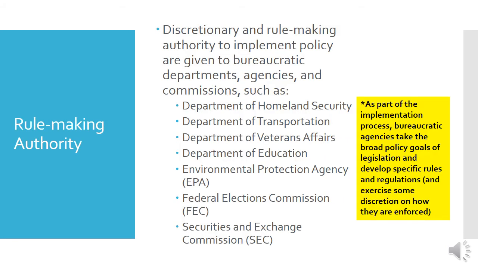Okay, so discretionary and rulemaking authority to implement policy are given to bureaucratic departments, agencies, and commissions such as, and here we have a list of different bureaucratic organizations. So put an important note over here on the right to kind of explain what we're talking about here. As part of the implementation process, what we mean by that is that bureaucratic agencies take